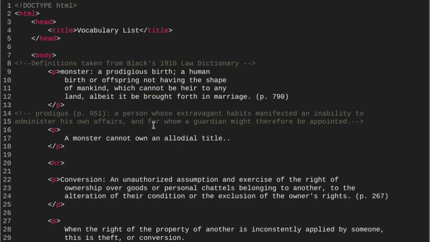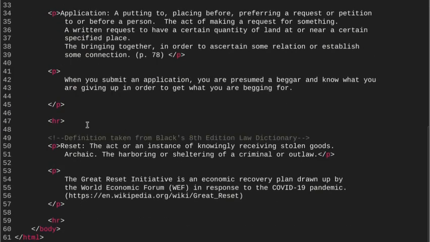Again, I'm just using different words and definitions, so that you can see it doesn't matter what you're doing right here, as long as you're using the correct tags to do what you need to do. So remember, on this assignment, what we want to do is take a look at these vocabulary words, like in this case monster, or conversion, or down here further, you can see application or reset. We want those bolded, and then when they're used inside of a sentence, for example, there's application, we want those